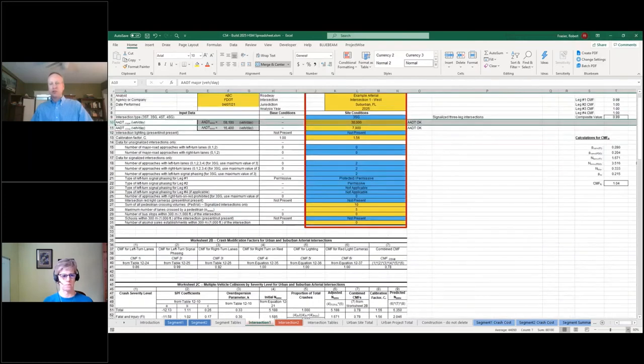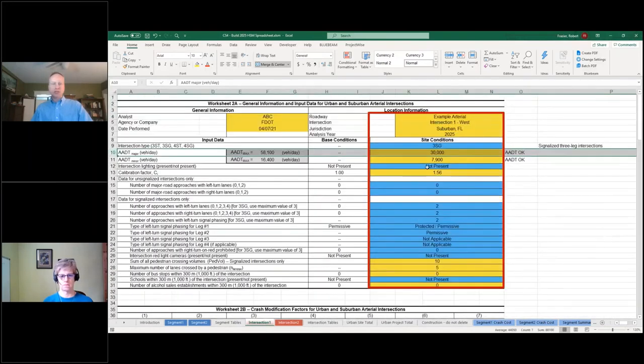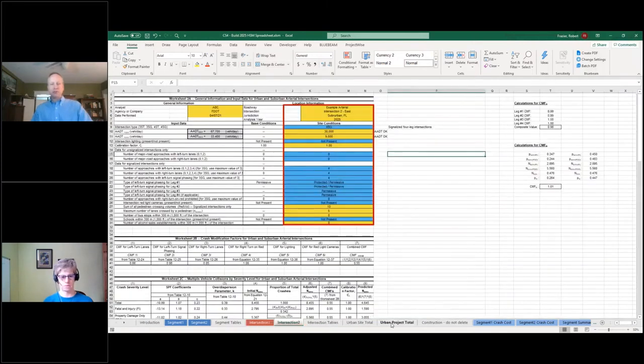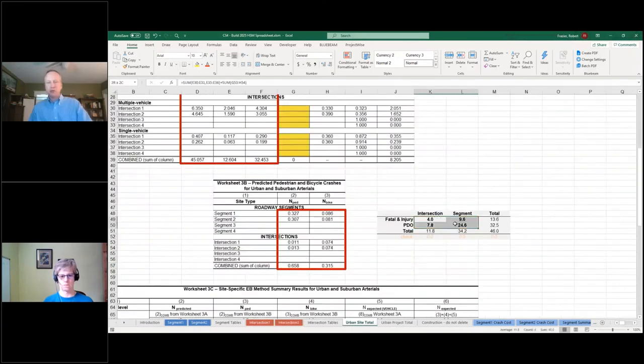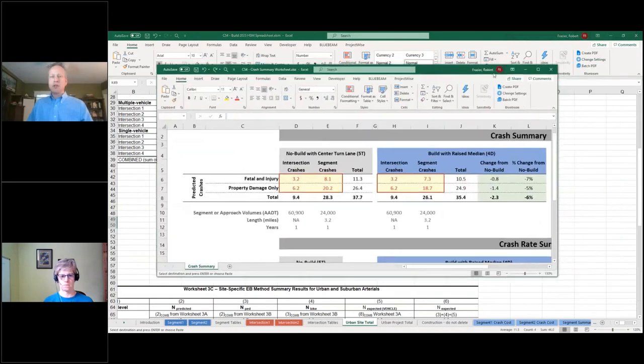Zoom in here so you can see it better. Row 10 in the intersection tabs, that's the major street daily traffic. So 30,000 for row 10. So you change those 4 numbers, and then go to your urban site total, get a new set of numbers, and copy those